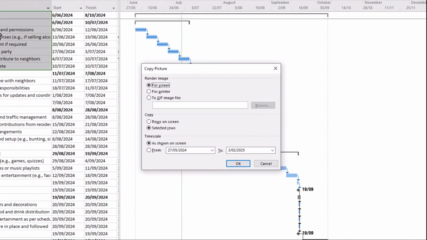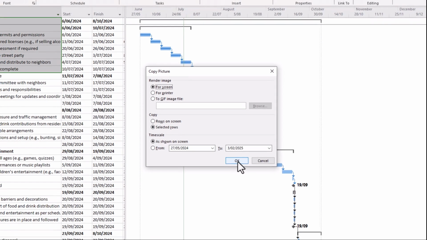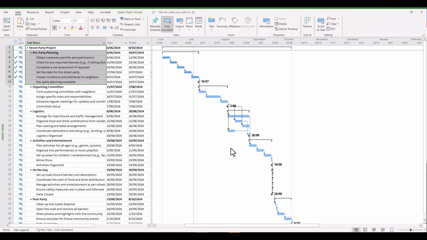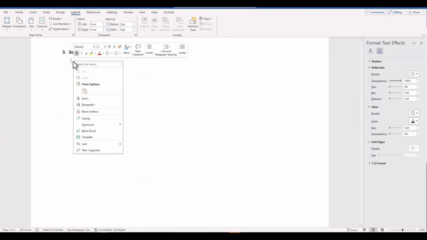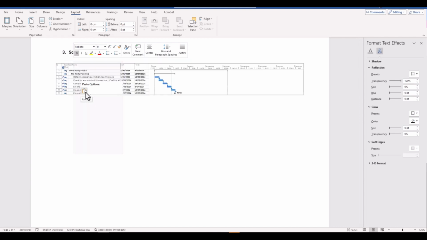And it's going to ask for a confirmation for screen, and in this case, because we've made a selection, it's asking us to confirm the selected rows, which is true, and we're going to click OK. And now let's jump back into Microsoft Word, and then we'll see what the situation is when we right click, in this particular case, Paste, and you can see quite clearly that your image and Gantt chart has been selected, and only the tasks that were selected have been included.